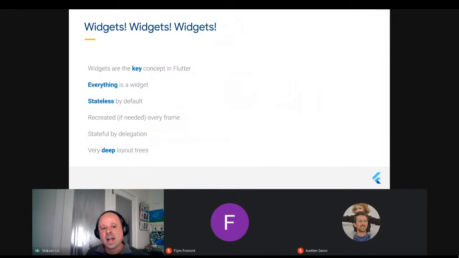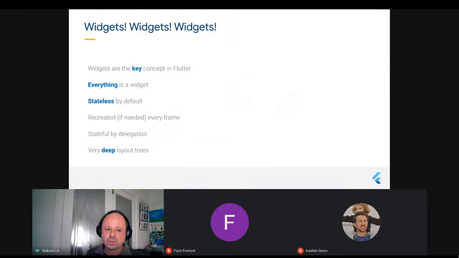Now, what that means is that if necessary, every frame, and when I say frame, I mean frame on the screen. So when we talk about 60 frames a second, that's your app being drawn to the screen in every frame. These widgets can be recreated as necessary per frame. Of course, there are lots of optimizations to make sure that happens efficiently, but really they can be if necessary. And that's because, like I said, they're immutable. That means once created, they don't change.